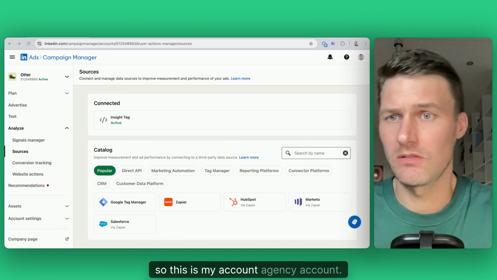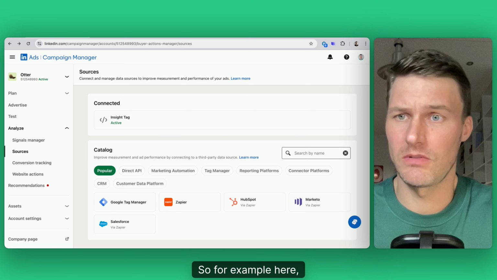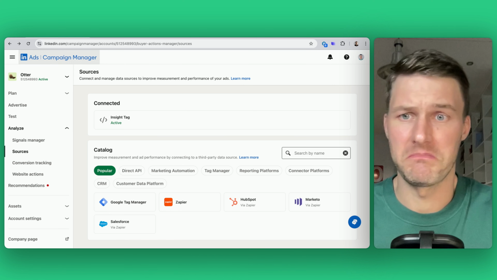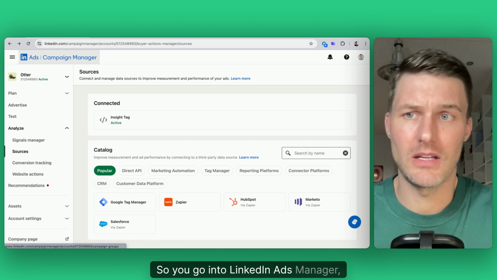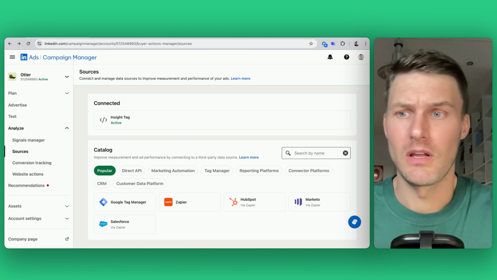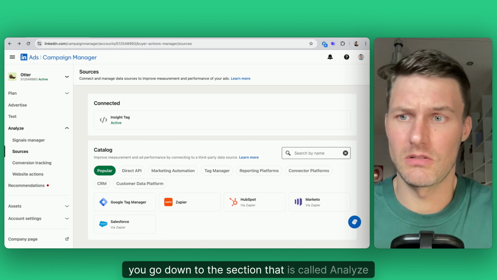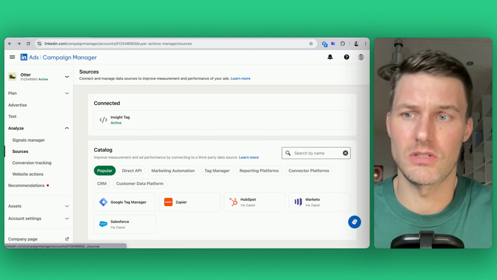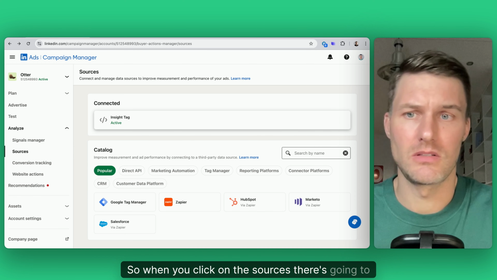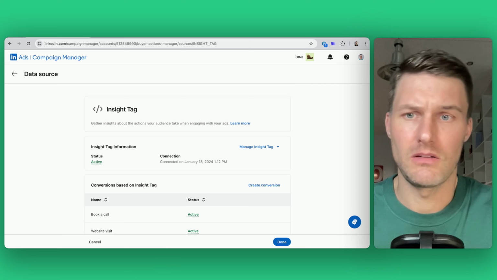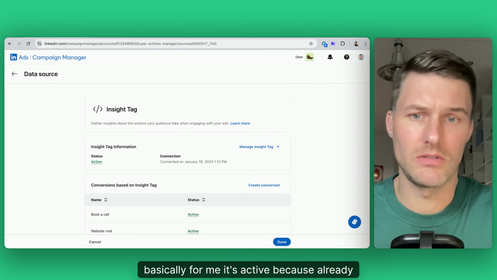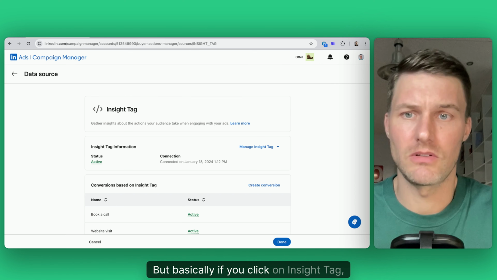So this is my account, agency account. The interface is going to look exactly the same for you. You go into LinkedIn Ads Manager, Campaign Manager, and you go down to the section that is called Analyze, and there's Sources. When you click on Sources, there's going to be Insight tag here. For me, it's active because it's already installed. But if you click on the Insight tag,